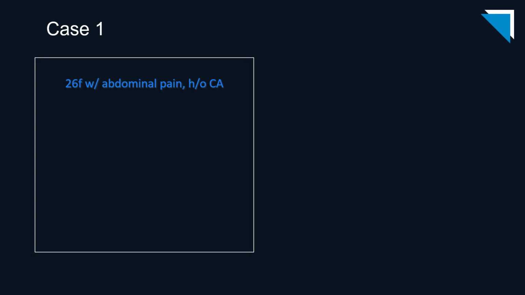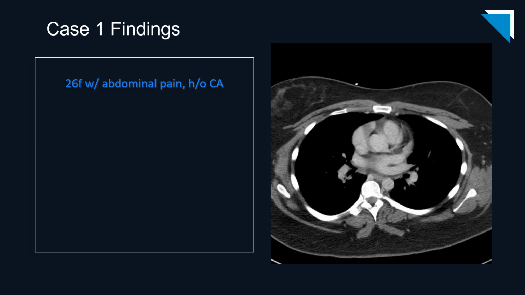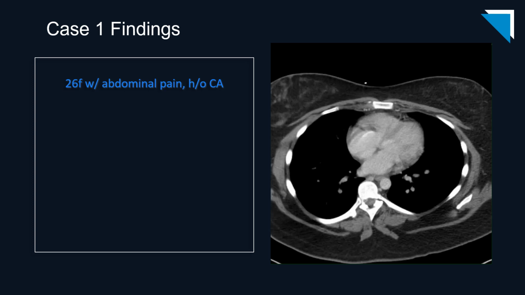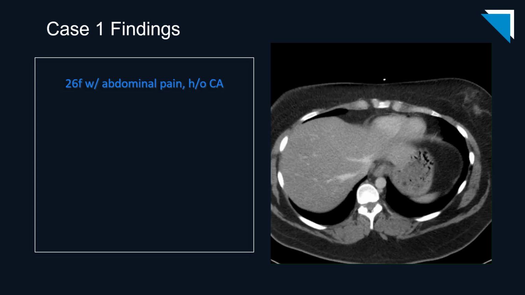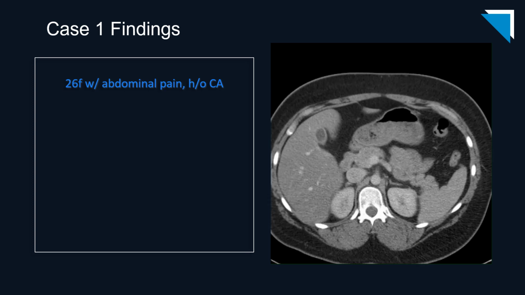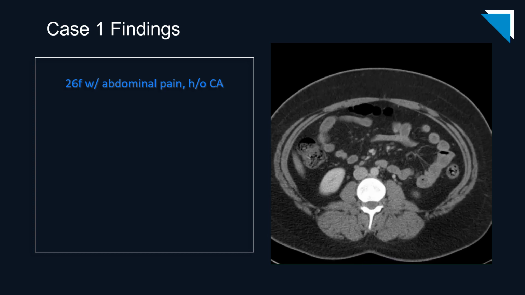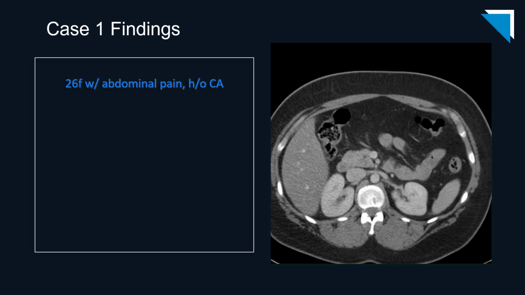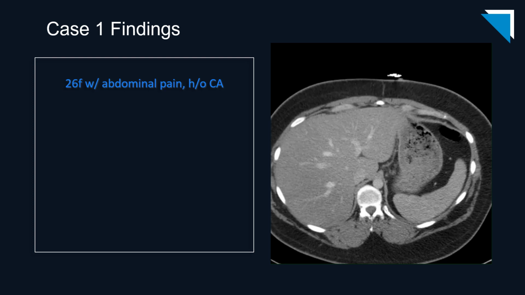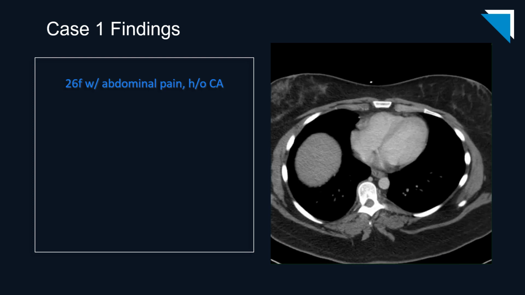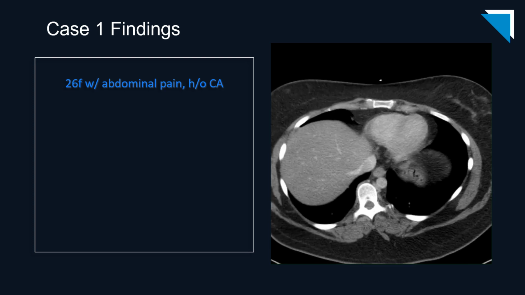Let's dive right into some cases. Our first patient is a 26-year-old woman with abdominal pain and a history of malignancy. These are axial images from a contrast-enhanced CT scan of the abdomen and pelvis. I'm sure you all have personalized search patterns for these cases. Generally speaking, I'll take a look at the lung bases, look for a hiatal hernia, evaluate the heart, and then